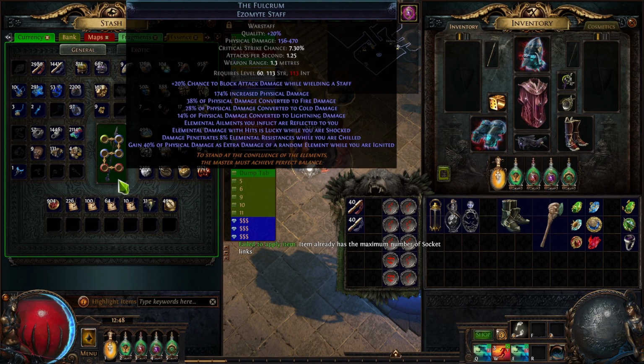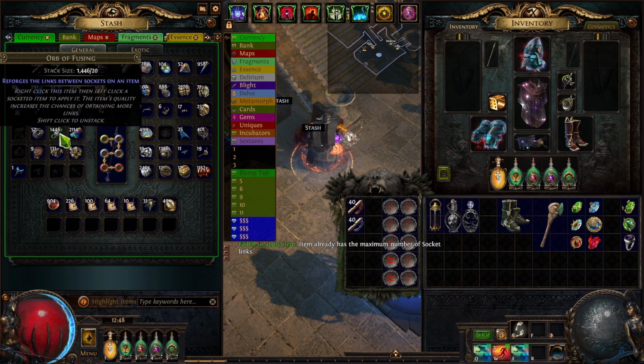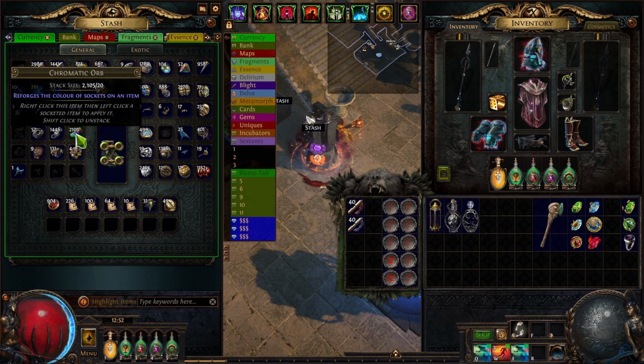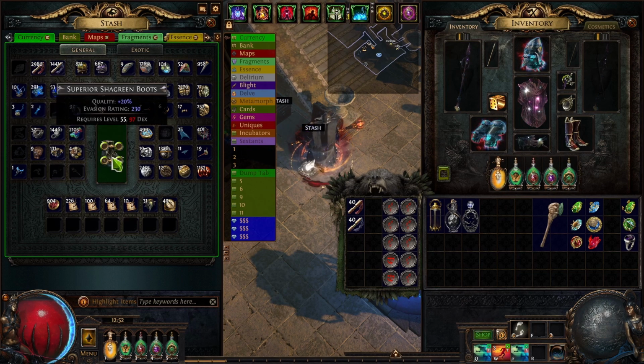You can delink up to 5 links, but you cannot delink a 6-link with Orbs of Fusing. Next up we have Chromatic Orbs here, so this reforges the color of sockets on an item. As you can see down here we have these shade green boots, and it's also important to mention that if